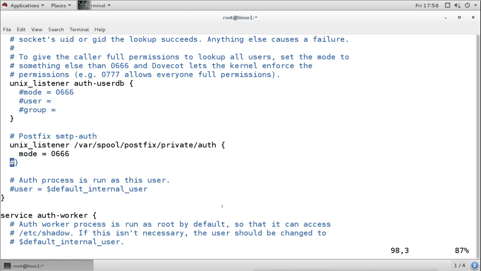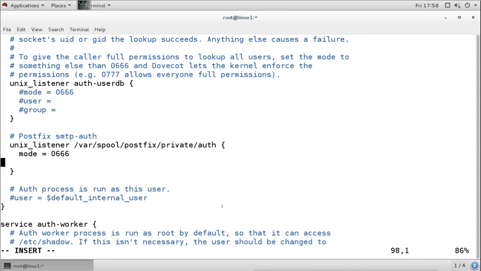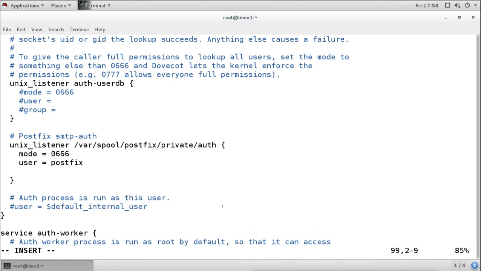We enable the whole syntax, and then we add the name of the user and group here. So the user will be postfix, and the group is also postfix. After this, we will save this also.